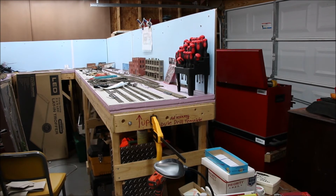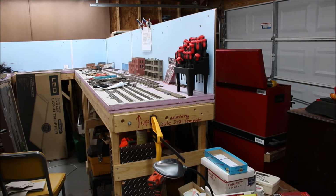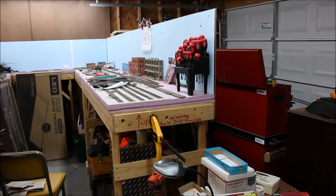Alright guys, so now you're probably asking yourself, why did I build it this way? Why am I doing it this way? Well, I'm going to explain it to you to the best that I can. When the layout needs to be taken apart and moved to a new location, here's my theory behind the way I've built this. This can be done one of two ways. I can strip the layout of all structures, leaving trees and scenery, of course, and